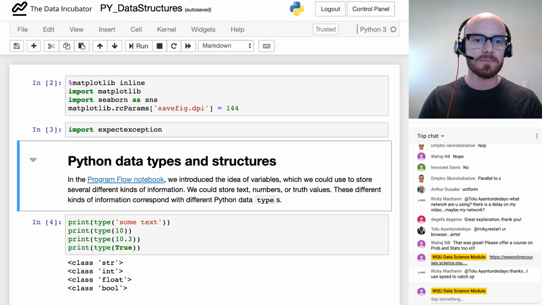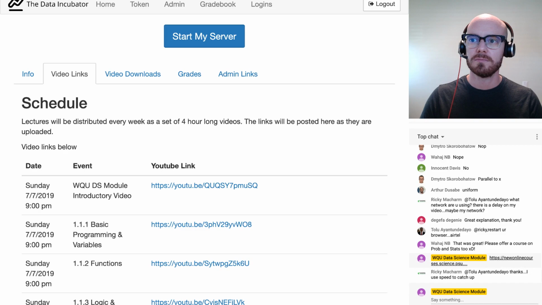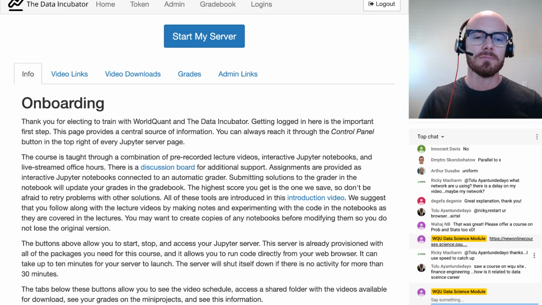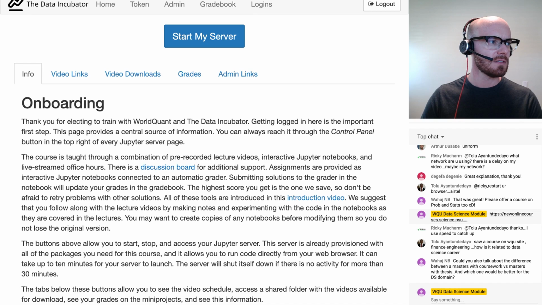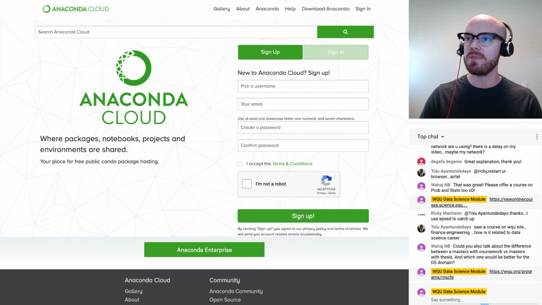Okay, good. So Tolu says that they saw on the WorldQuant University site that they have a master's in financial engineering, which I will add here, and I'll also open up the website here.